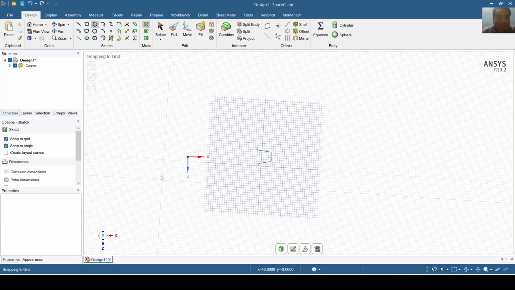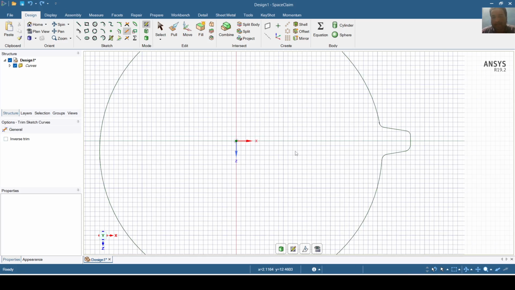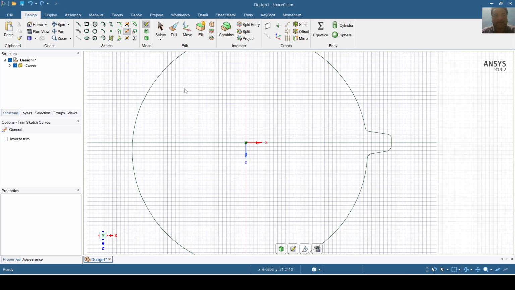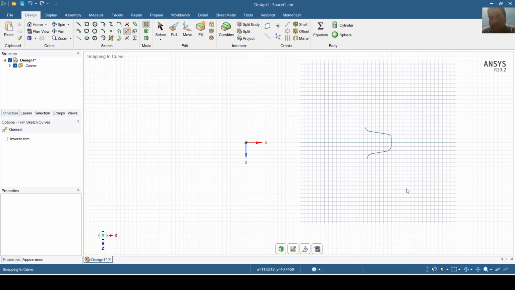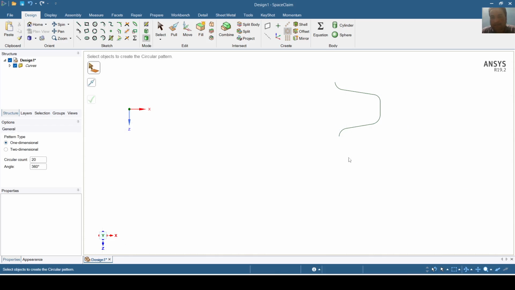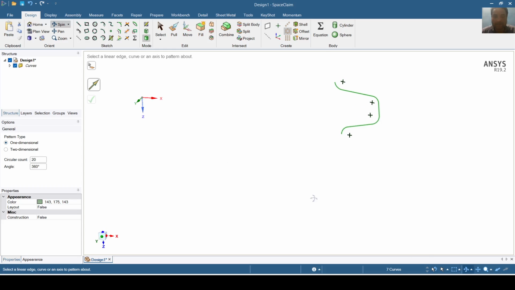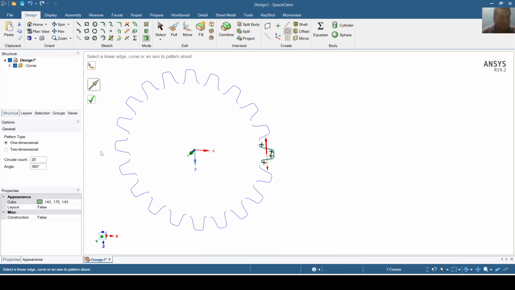Sorry, once again I will have to prepare this. I have just pressed the unwanted tab, and I will have to remove this, and I have to create a circular pattern, and I will use control and select all these arcs, and I will now create the circular pattern using the y-axis. I have used circular count 20 and 360 degrees of angle for creating a gear, and now I